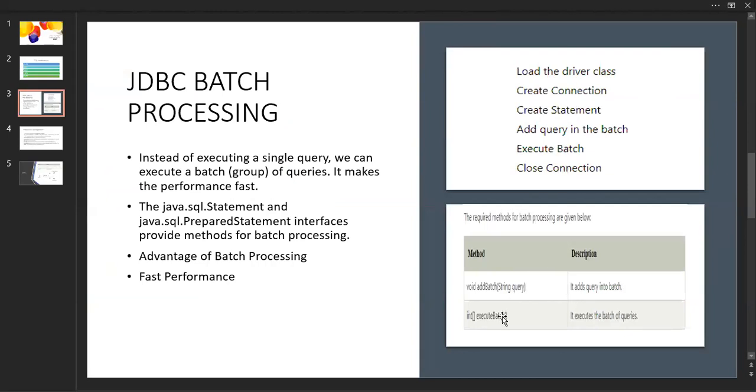So now these are the two methods available. One is addBatch, where we add a query, and then the executeBatch method does not allow any arguments; there are zero arguments. addBatch allows a single argument. So there is no overloaded method here, and for this also there is no overloaded method. Okay, this is all about batch processing.